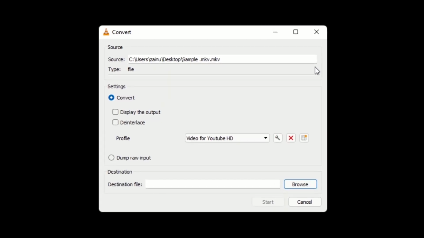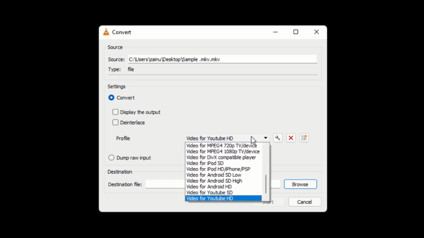This opens up the Convert dialog, and at the top I can see the source file that I am going to convert into another file format. Down below I have the setting to convert. I want to convert the file, so I am going to leave that selected. Under Profile, this is where I can choose what type of file that I want to convert this into. If I scroll to the top of the list,